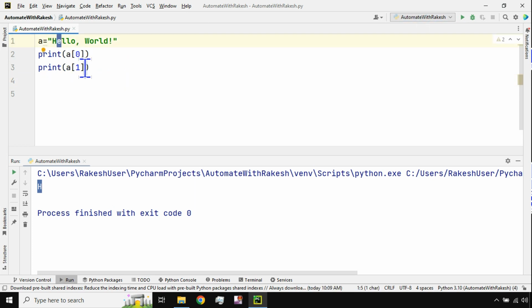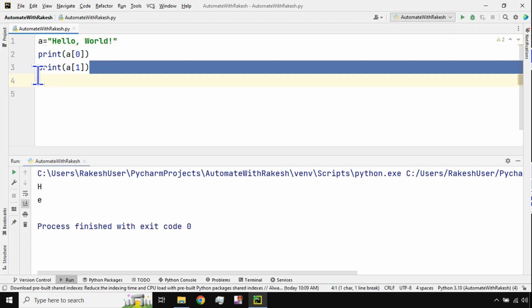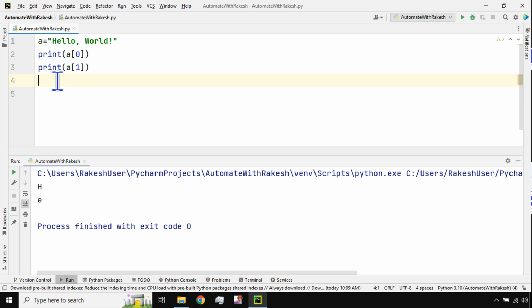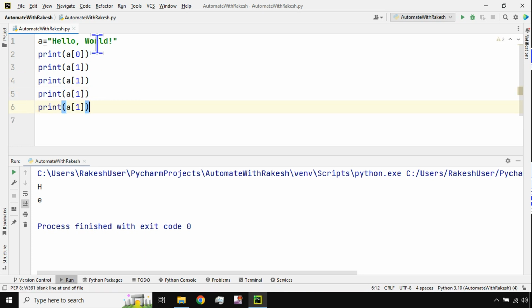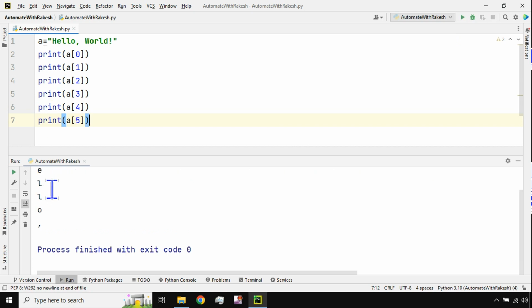First it is going to print h, then it is going to print e, isn't it? So you can see HE got printed. Now if I repeat this several times, let me copy, paste, enter, paste, enter, paste. Okay, and I'm going to change the number. Let's say 2, and then come down and I will say 3, and I'm going to come down, I will say 4. Let me print one more, and I'm going to come down and say 5. Now what would happen by this, if I run this, it's going to print, if you see,